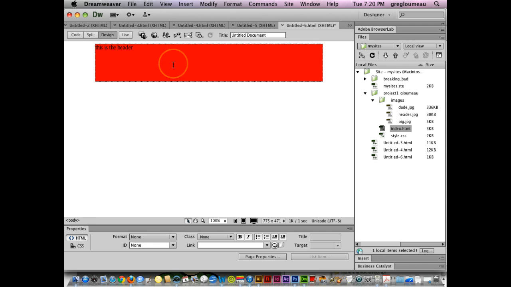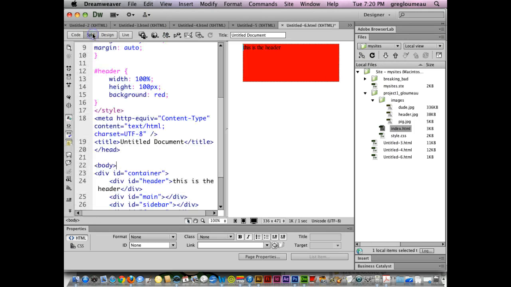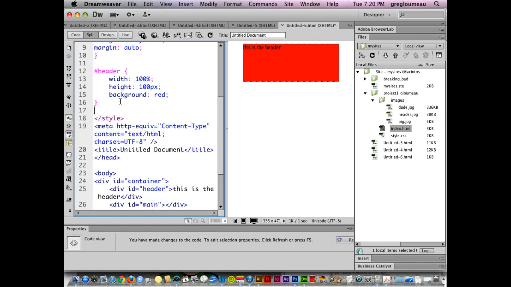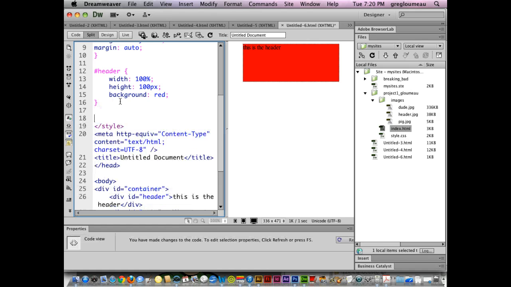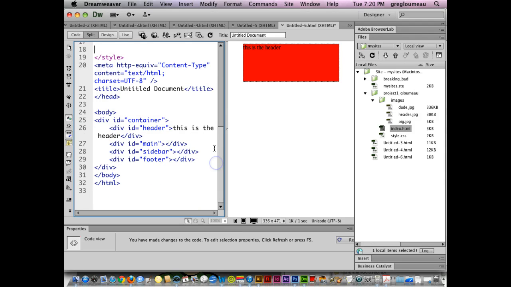Now, you guys might be wondering, okay, well, where's the container? Well, the container's behind that, because the container is auto width, so it goes to 80%, and it's also auto height, so it just stretched to fill the header, right? Okay, so now we can add a main area in. And I'll scroll up so you guys can see that happening. So now I just go main,